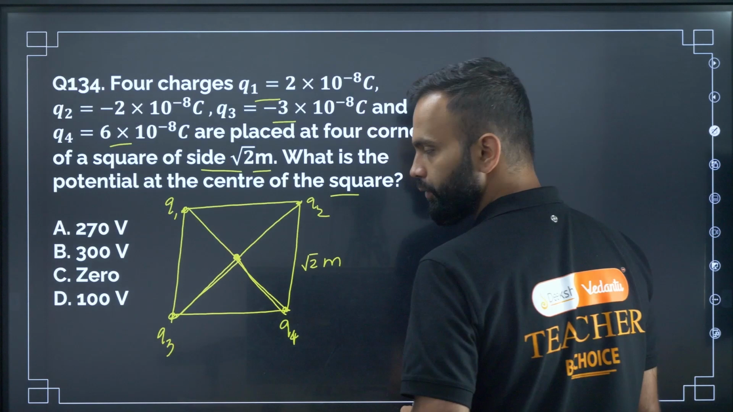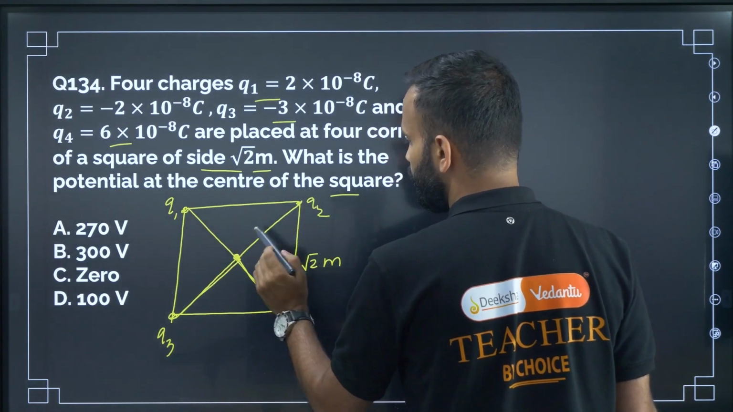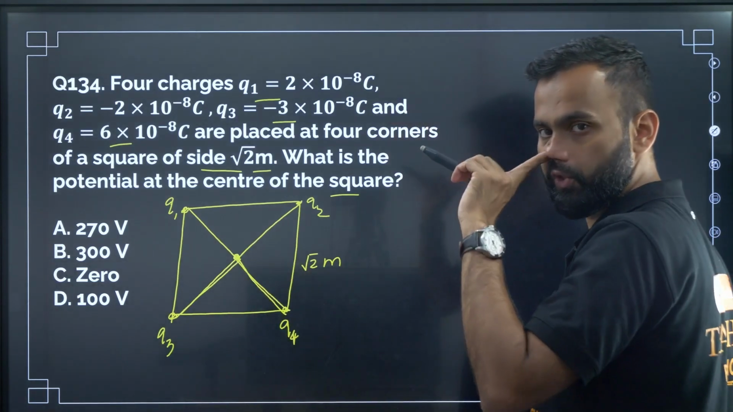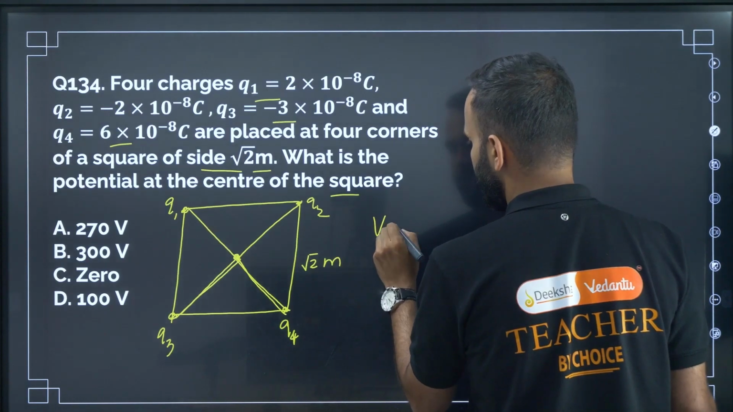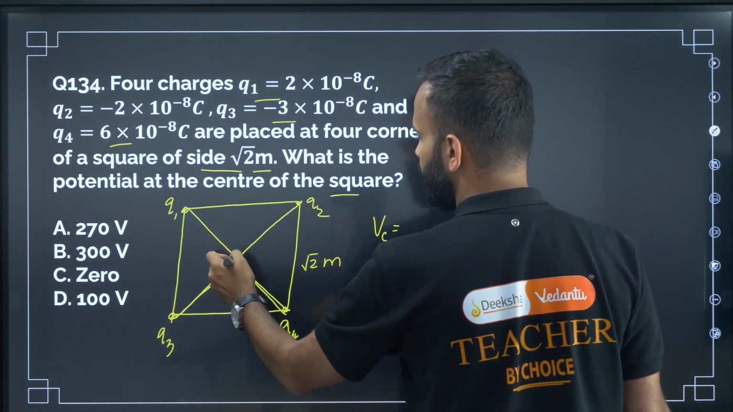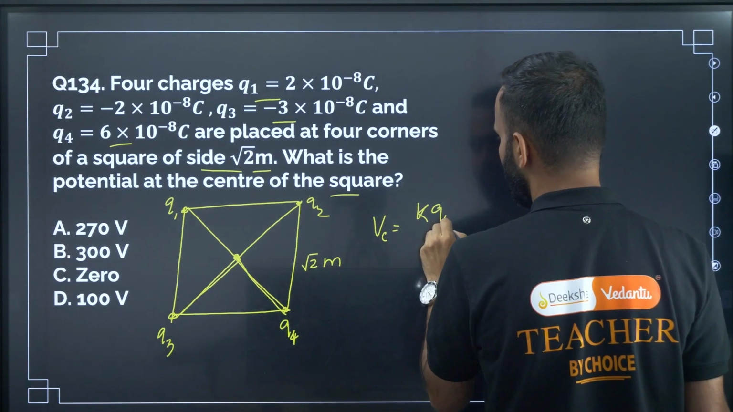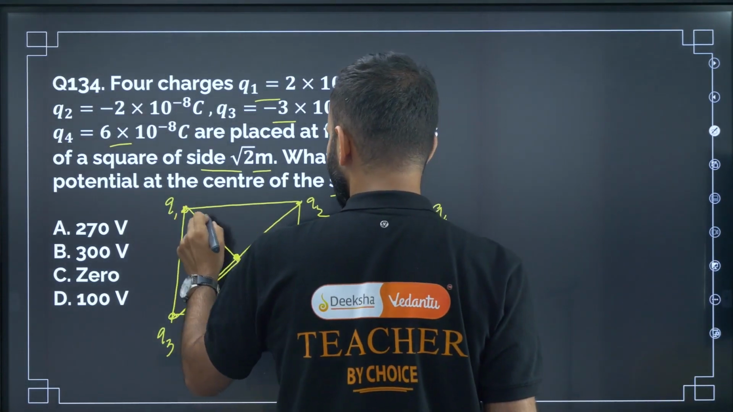So potential at the center of the square is potential at the center due to Q1, potential at the center due to Q2, potential at the center due to Q3 and potential at the center due to Q4. Okay. So now potential at the center of the square is equal to, what is the potential due to Q1? So potential due to Q1 is K into Q1 divided by, what is the distance between Q1 and center of